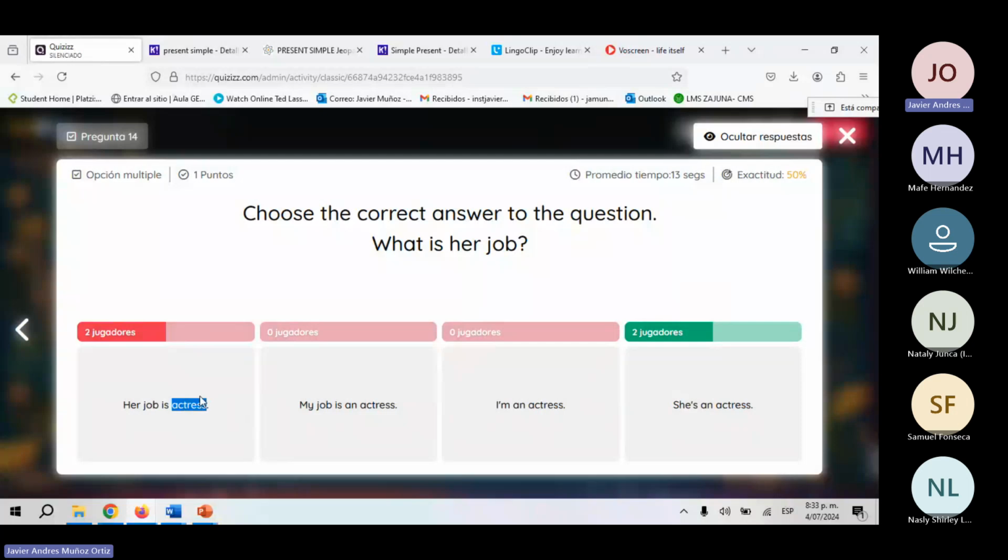So this is 50% correct. I couldn't say it's wrong but I wouldn't say it's correct. I mean, people can understand this answer. A lot of people can understand it. But the fact that you can understand something doesn't mean that the sentence is correct. It's like in Spanish.